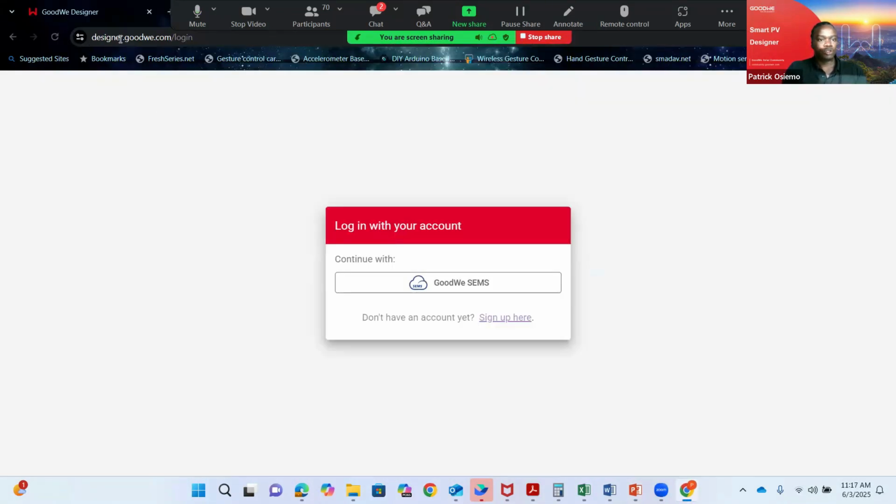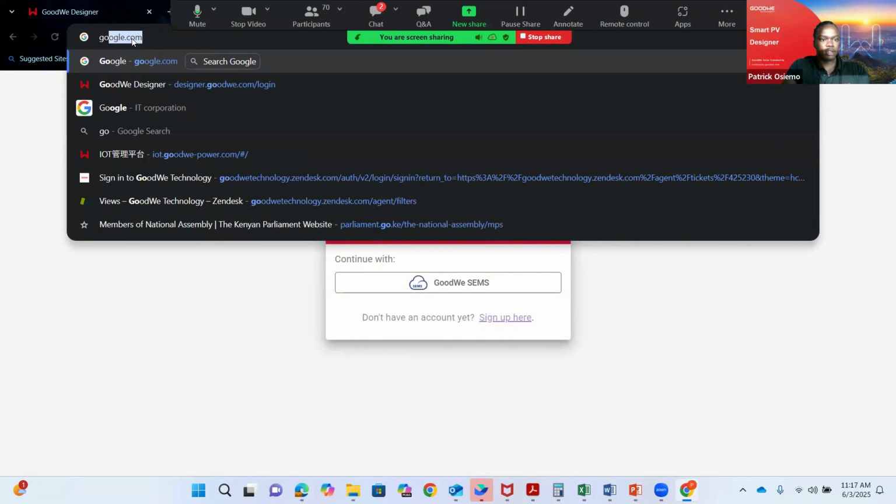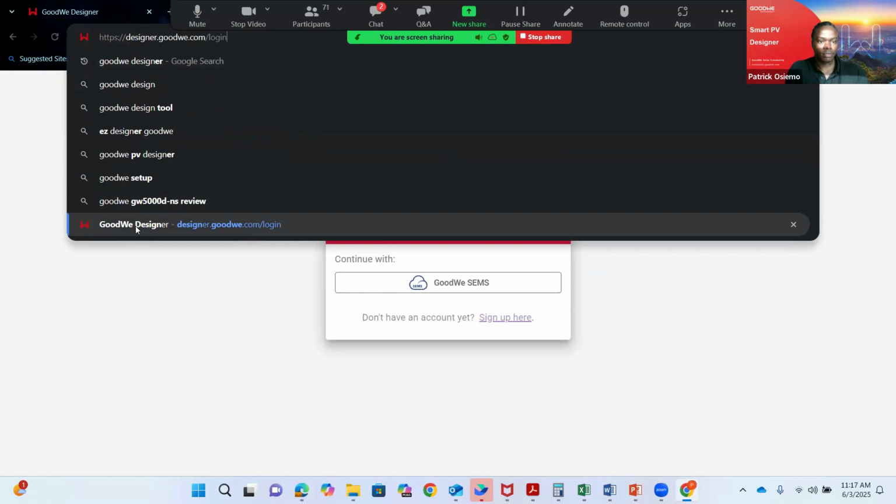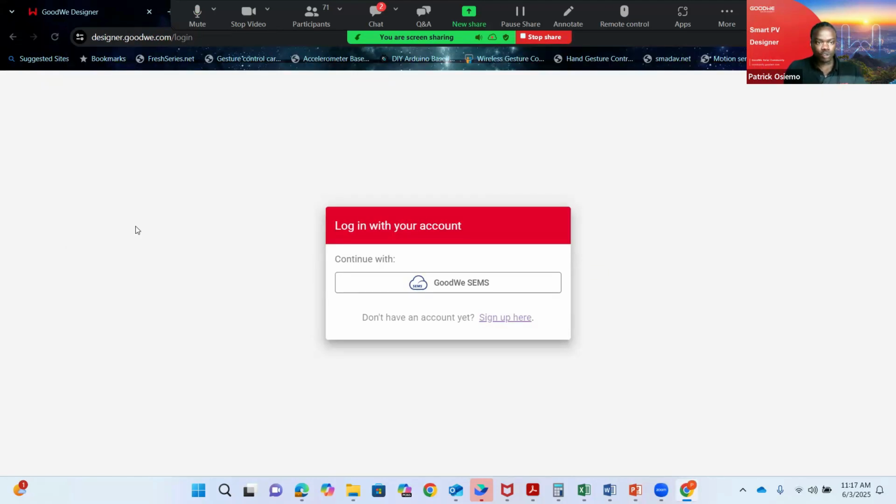And yeah, so what you do is just on the browser itself, you type GoodWe designer. So it will take you to this, let me say login. But first off, before you get to log into this, you need to have an installer account. So the reason why you need to have an installer account is because the GoodWe designer is actually connected to your SAMS installer account. As you can see, the screen is prompting me to use my SAMS login to access